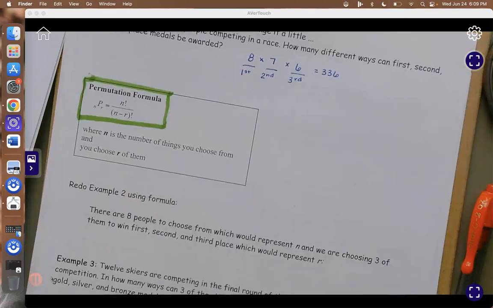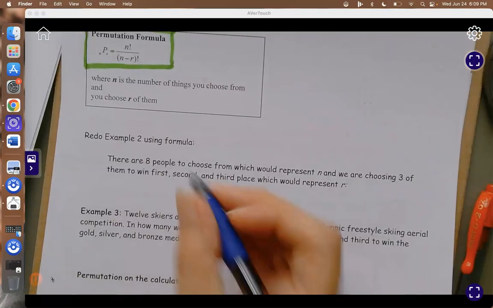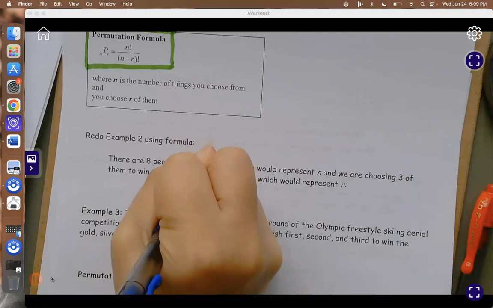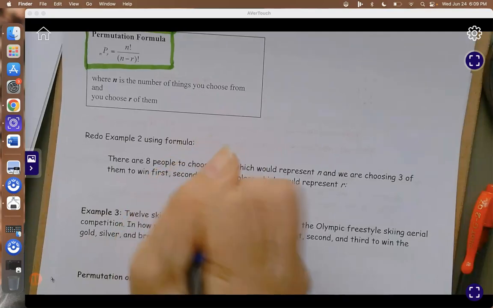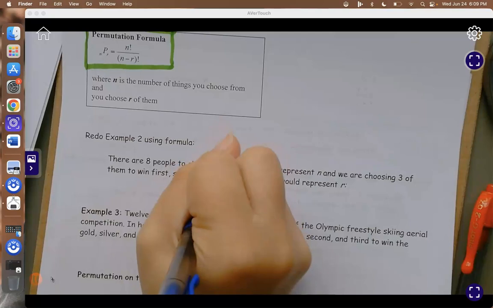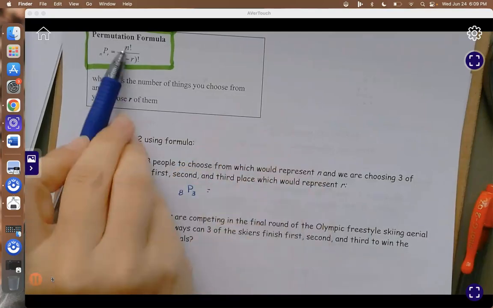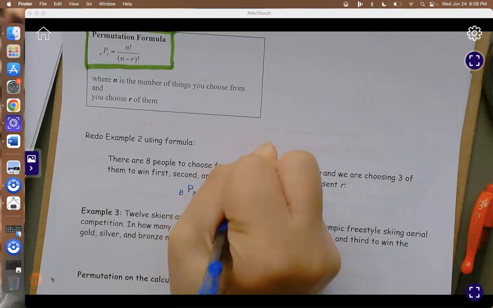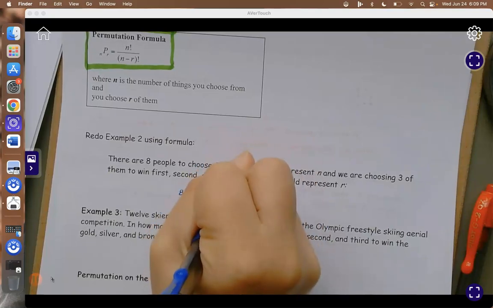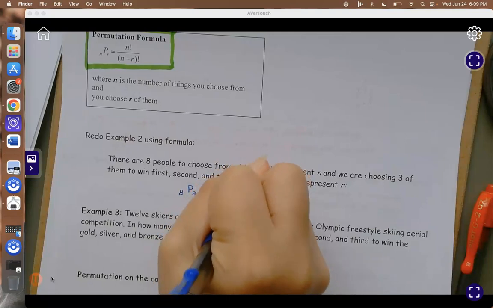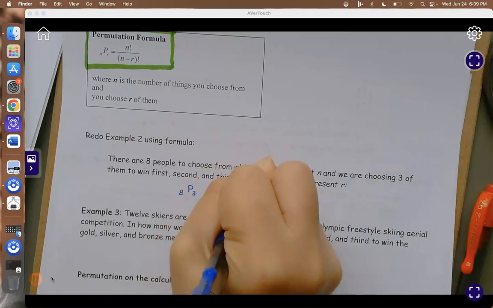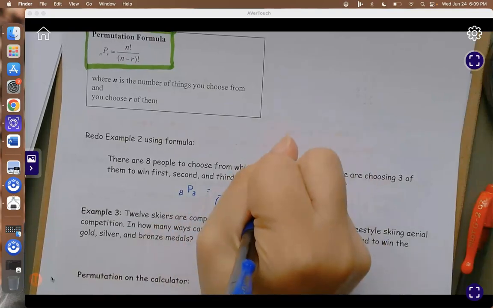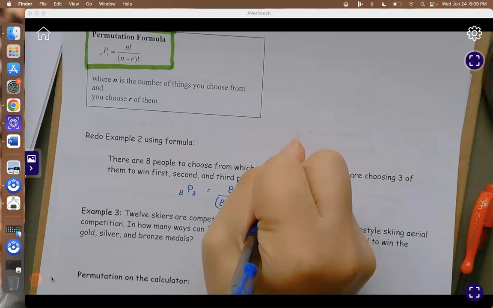So we're going to redo this using the formula this time. There are 8 people, and there are 3 places that they're competing for. So we're going to put 8 factorial over 8 minus 3 factorial. Okay, now what we could do to make this a little simpler